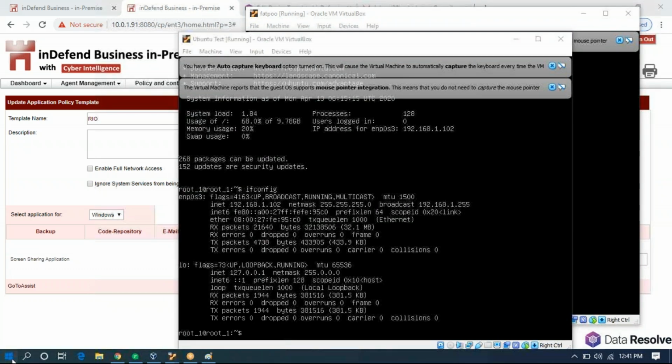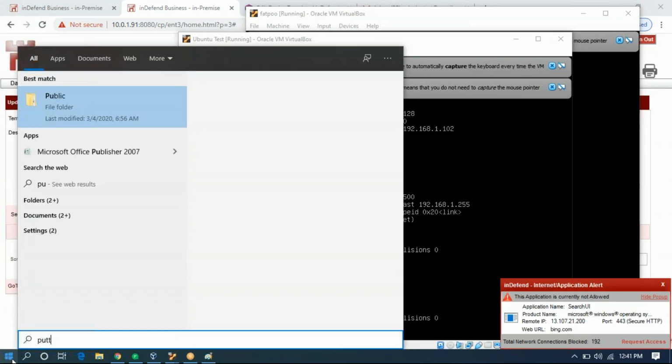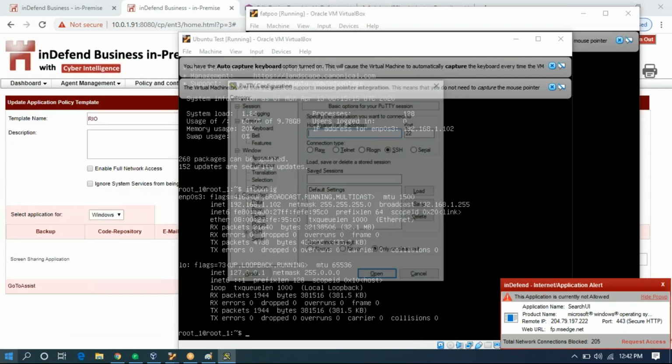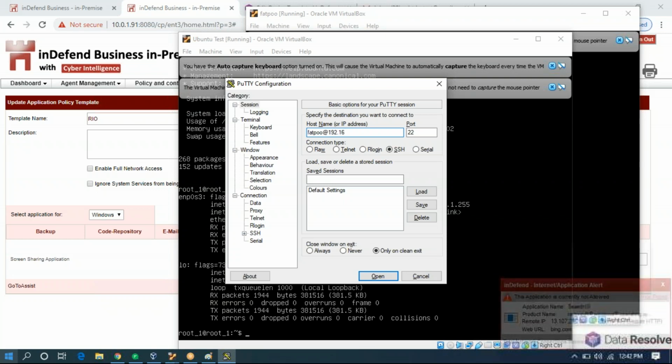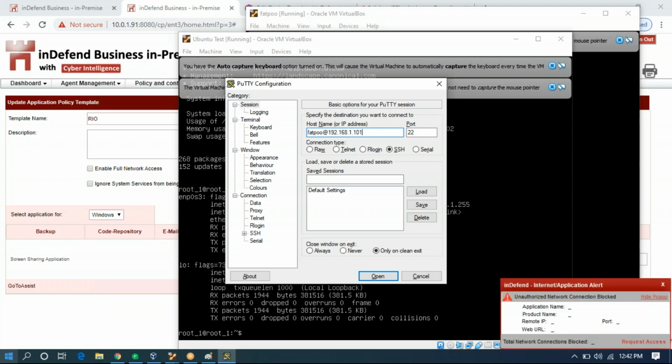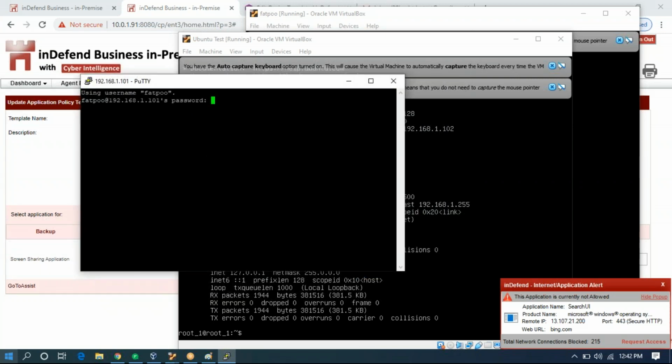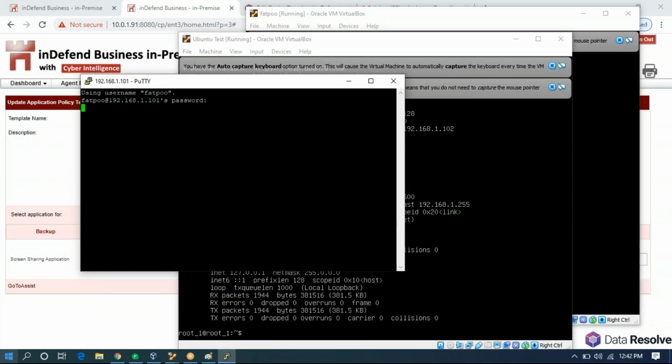Now I will try to take putty access for both of them. Currently I have allowed putty.